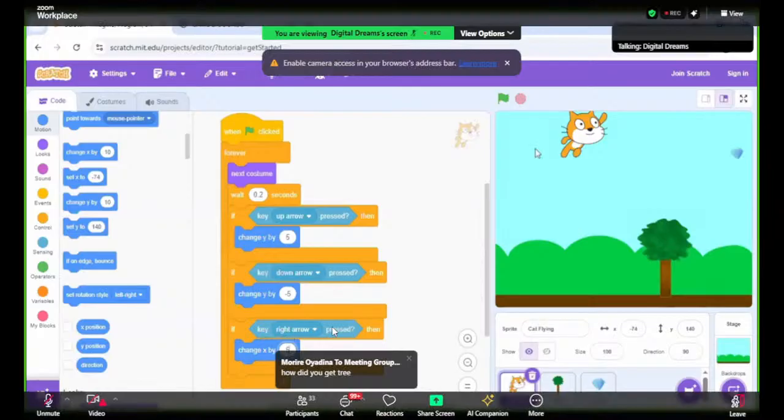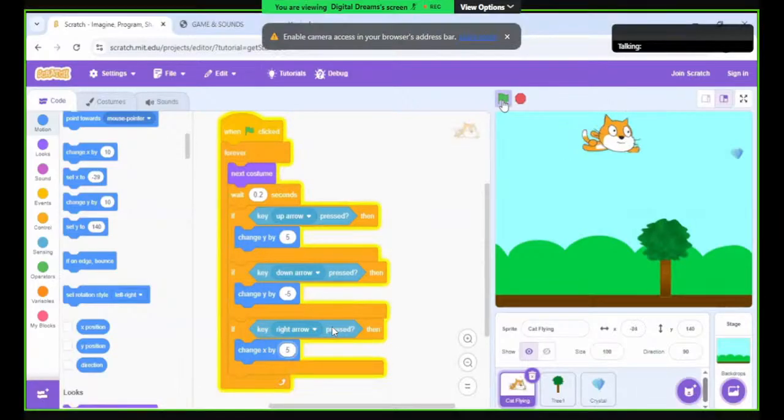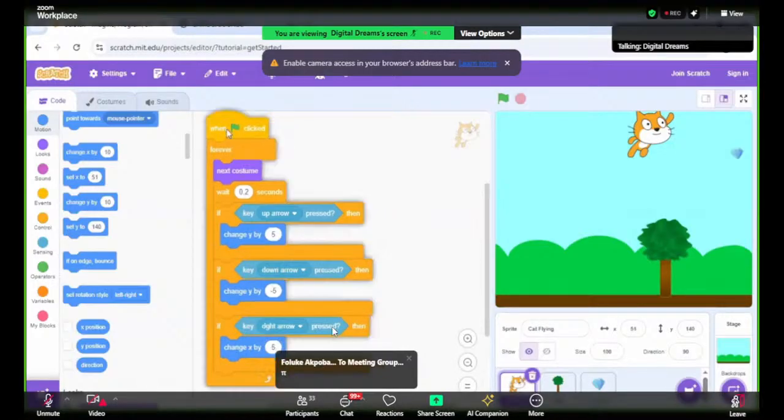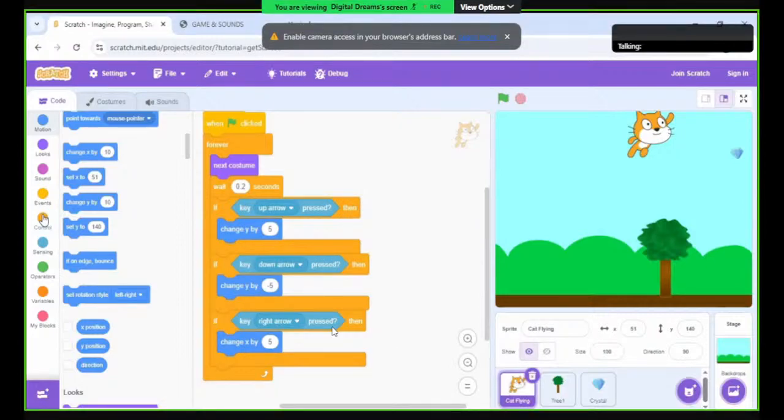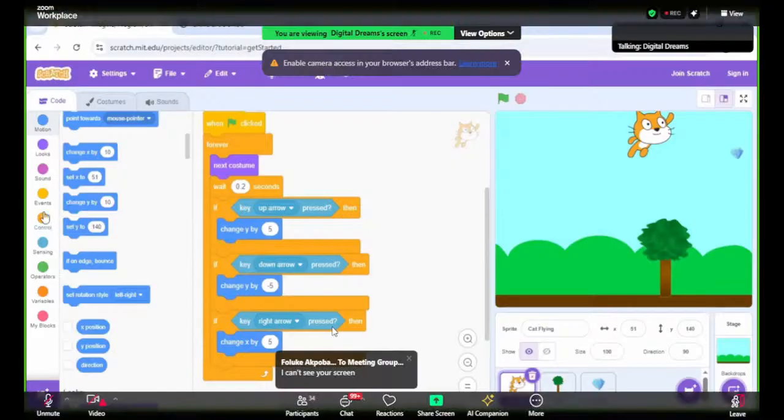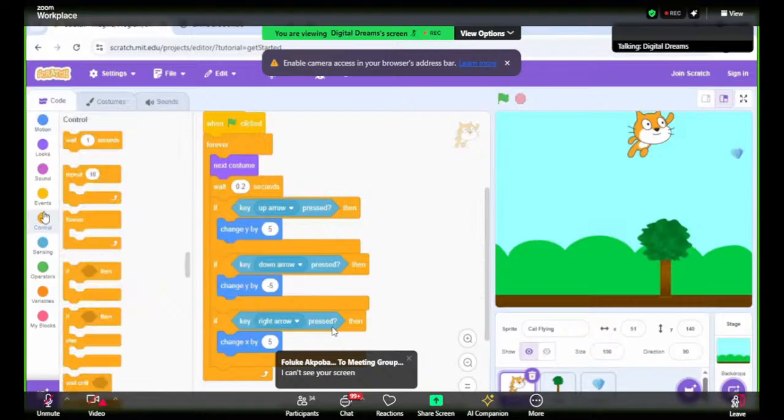Okay, so now I'll click on my green flag and see if my right arrow key is working. Okay, my right arrow key is working perfectly fine. Can you see that? My cat is going forward. So now I'll click on my red button and then we'll code for our left arrow. So we're going to drag the blocks over again. If you can duplicate, you do. Go to your controls and